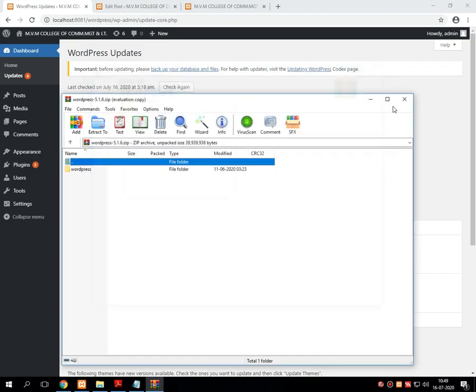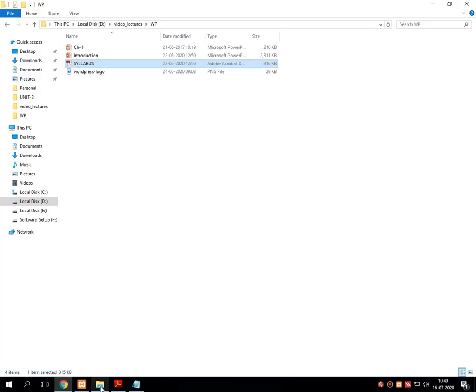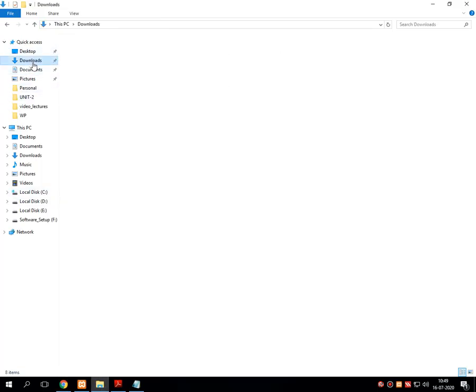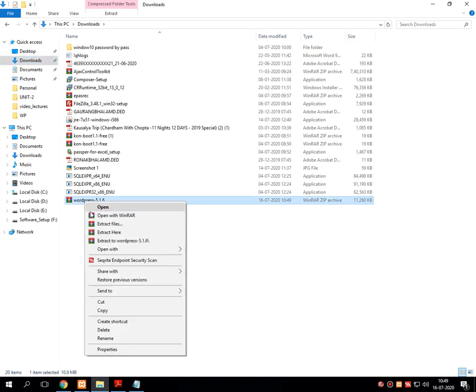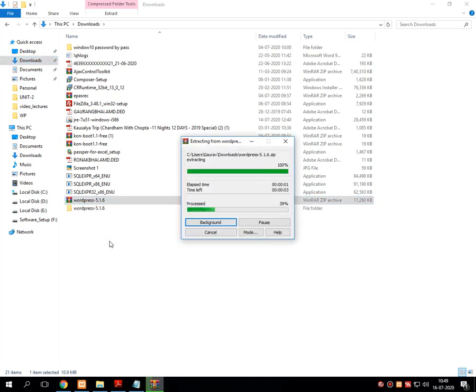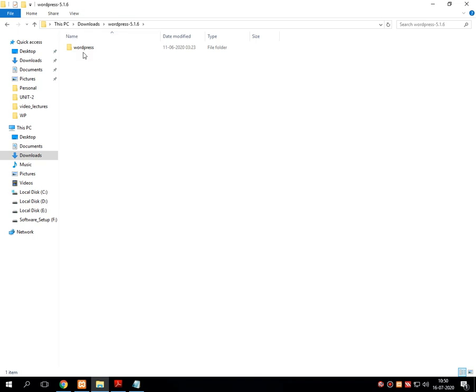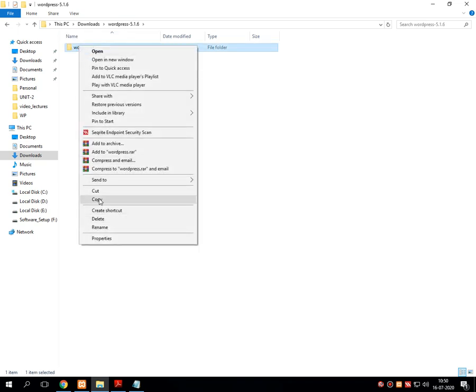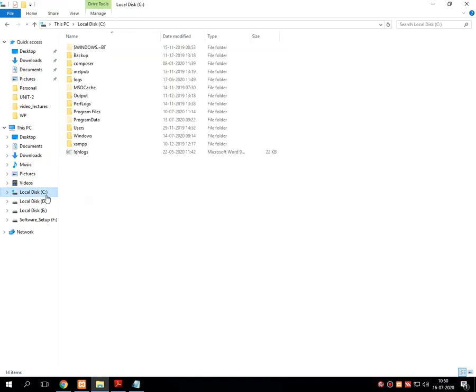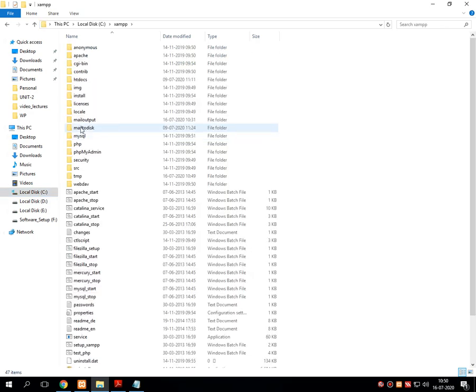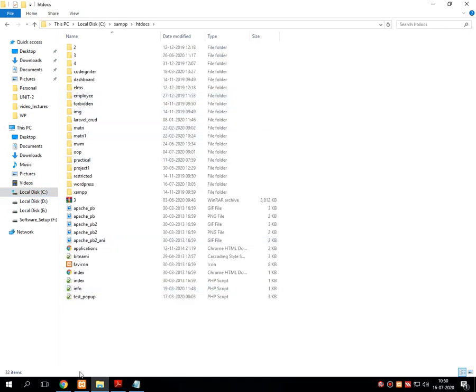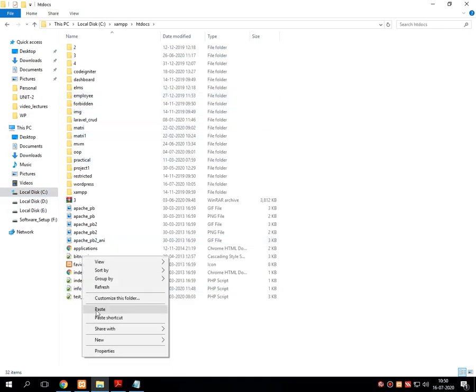Then into the download folder, just extract that particular file and, if you remember, just copy it, go into the C drive, XAMPP, htdocs and paste it.